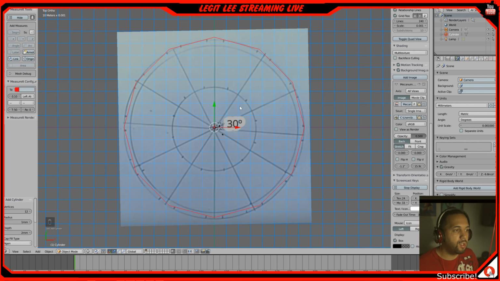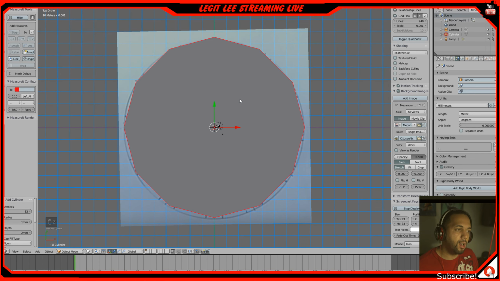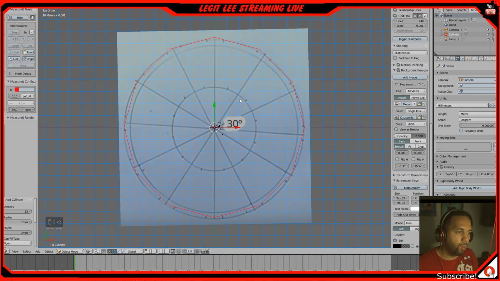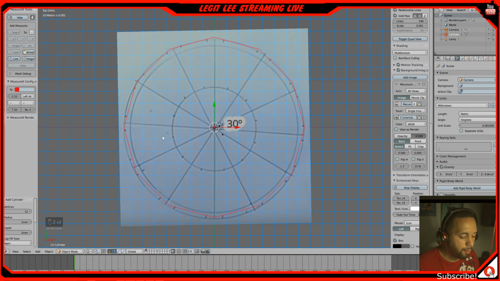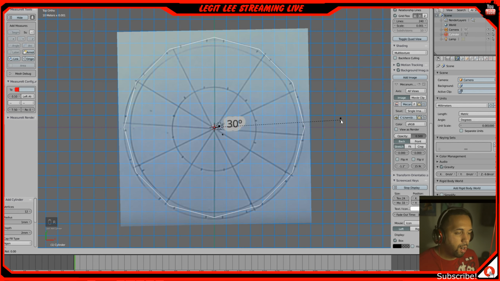So we need to rotate our design too. So how are you going to do that? We'll keep ourselves in wireframe mode, so you can see by hitting Z you can get in and out of wireframe. So right now we just have to rotate our mesh. So if we hit R to rotate, we can just drag down and match it up properly. So right about here